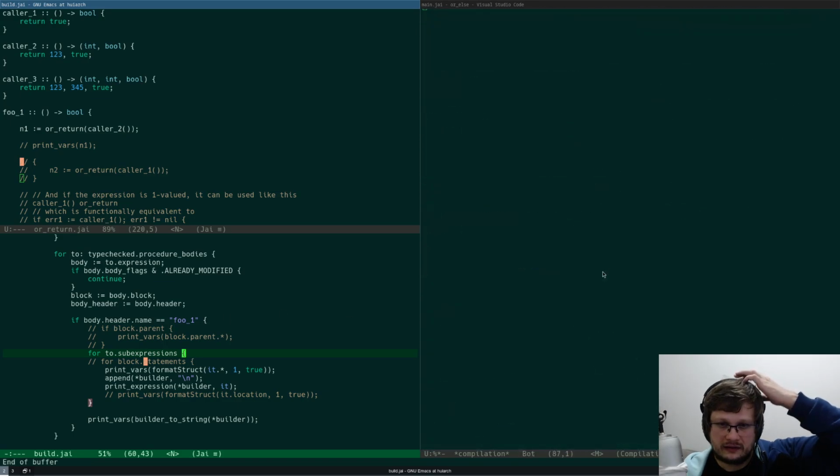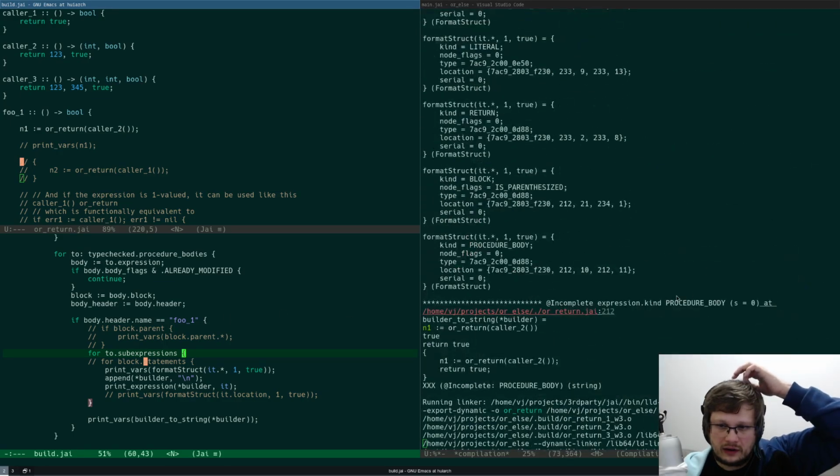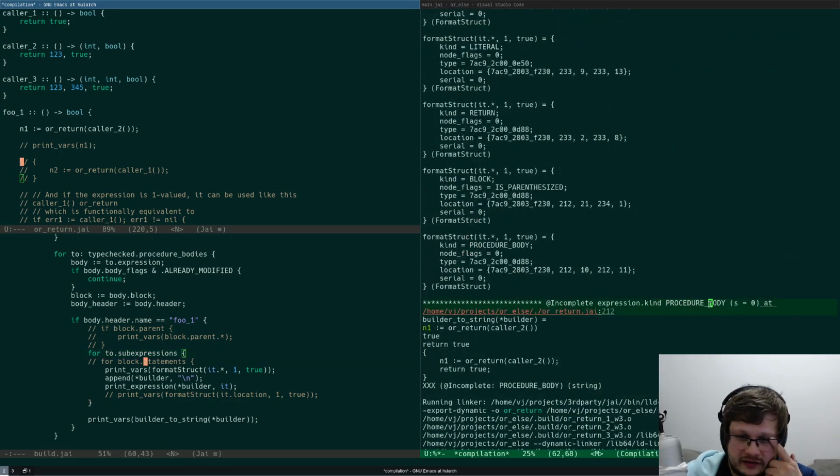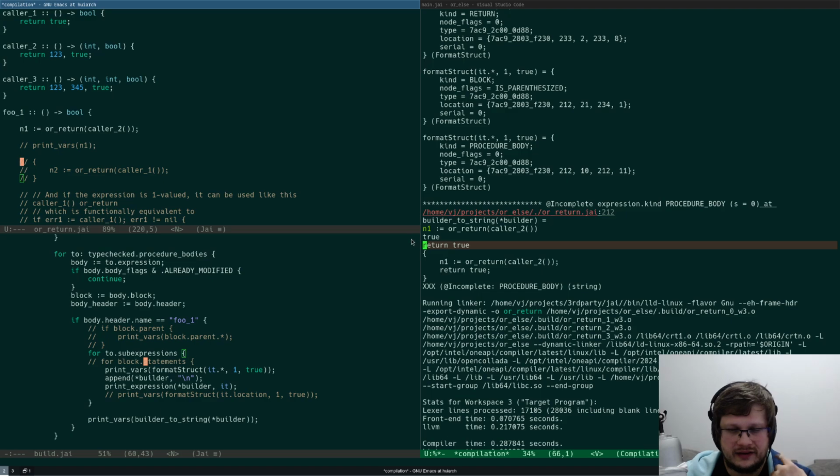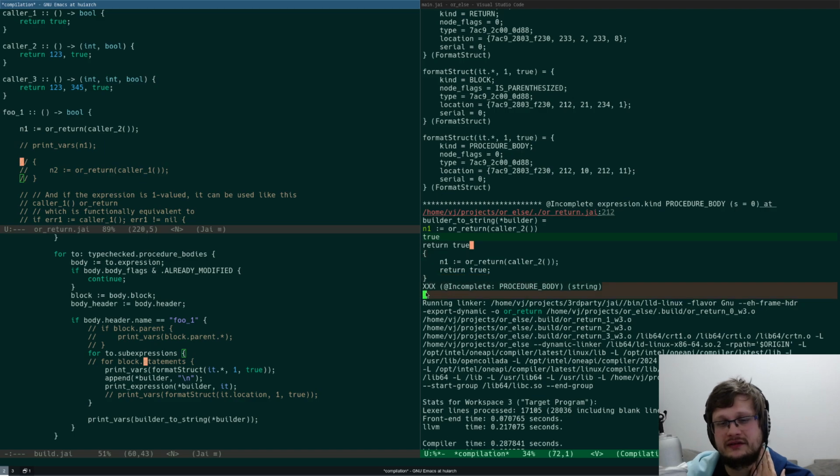Oh, and there's an incomplete procedure body, so it's builder to string or return call, then some kind of true, return true, right? So it's an inserted macro, but it's incomplete. It is incomplete.